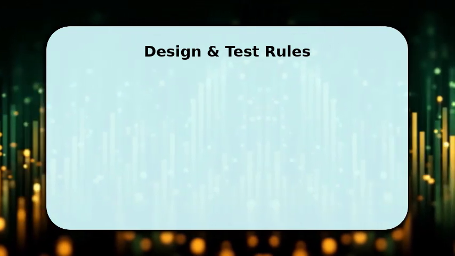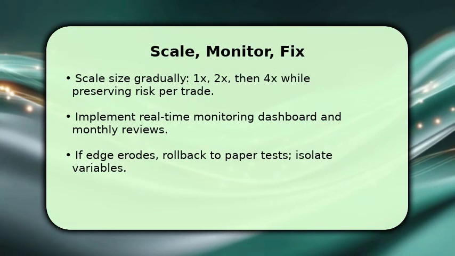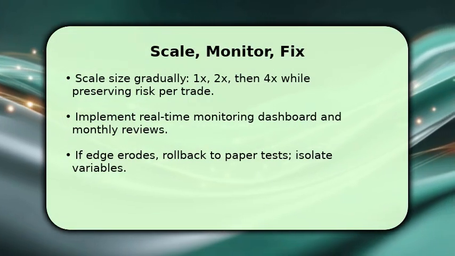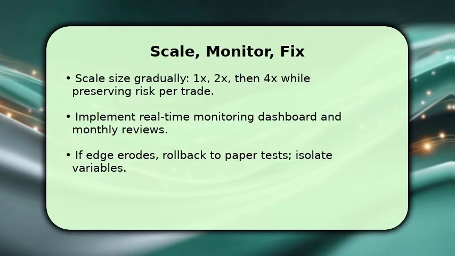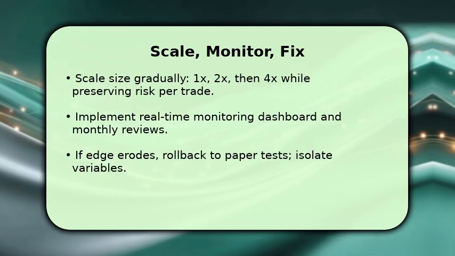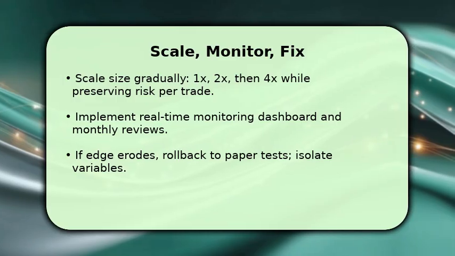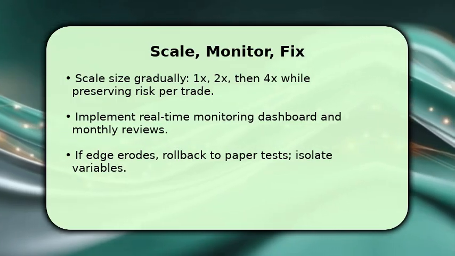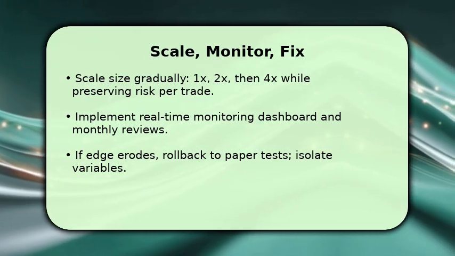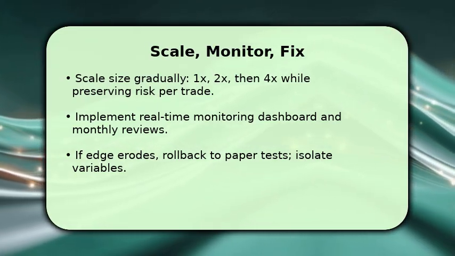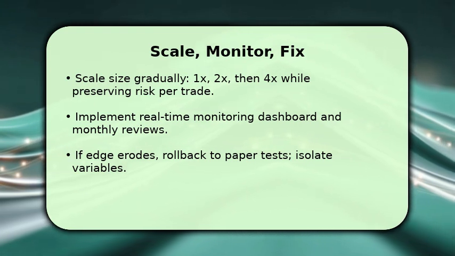You finalize by scaling cautiously. Increase capital allocation in clear steps while maintaining the same risk per trade and tracking performance against baseline metrics. Once done, establish a monitoring dashboard with alerts for slippage, win rate shifts, and drawdown breaches. Conduct monthly reviews to detect regime changes. If the edge erodes, pause live scaling and return to controlled paper testing to isolate which variable changed, market, execution, or parameter sensitivity. That rollback